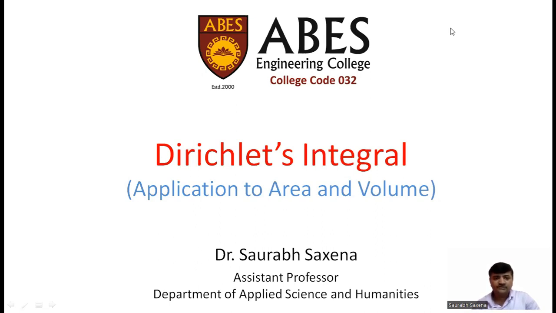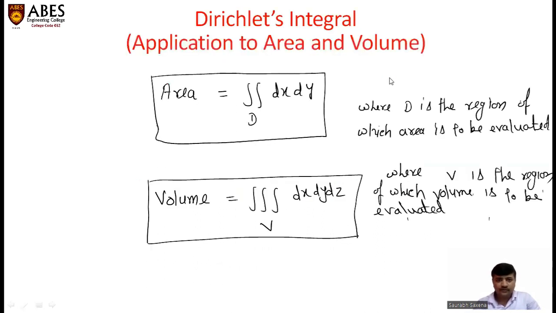So the topic for today's discussion is the application of Dirichlet's integral to find area and volume of the figures. So here we go with the concept of area and volume. The basic formula for area and volume is given as area is equal to double integral dx dy over D, where D is the region of which area is to be evaluated, and the formula for volume is triple integral dx dy dz over the volume V, where V is the region of which the volume is to be